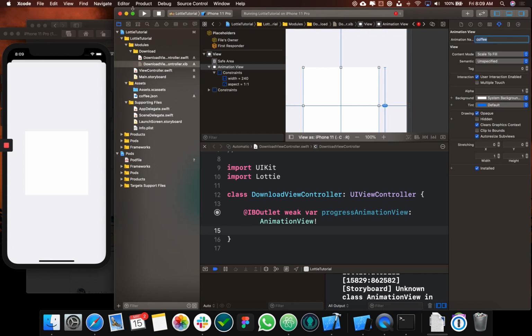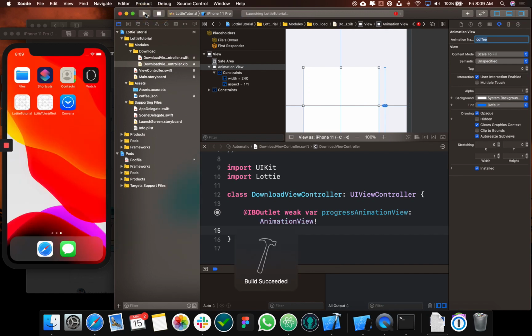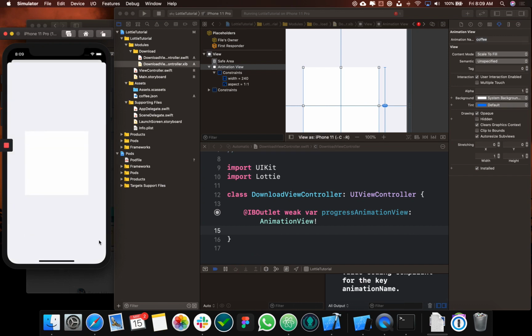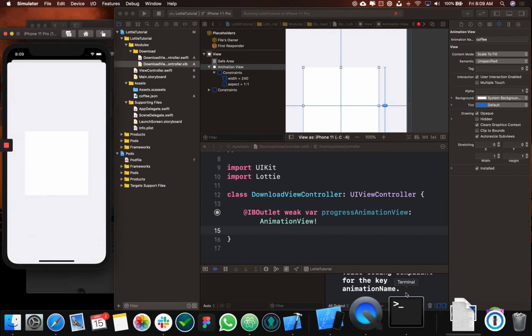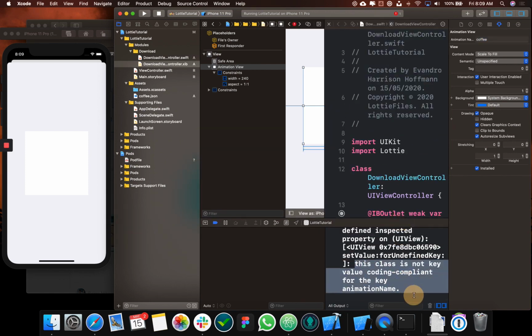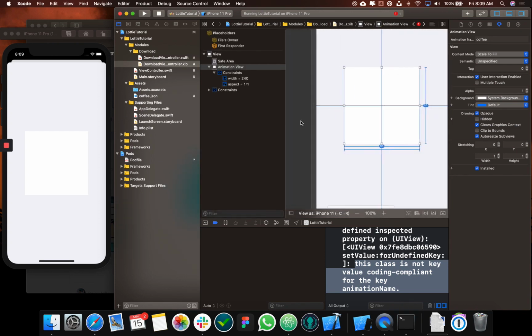We can add the same, but we're going to change it in a second. So just run the project again and hit download, and you see there is no animation here. You're going to see that there is an error that this class is not key code compliant. It's not key code compliant because of something